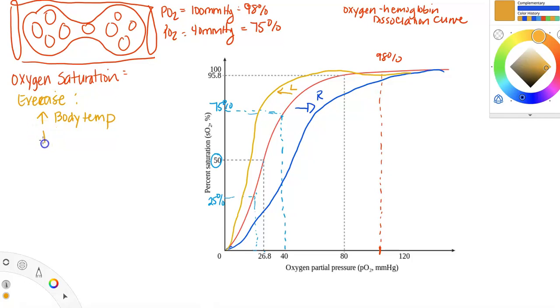It will also decrease pH. That will move it to the right. It will increase carbon dioxide. That's the waste product from metabolism to get fuel for exercise. And then another thing it will increase is something called